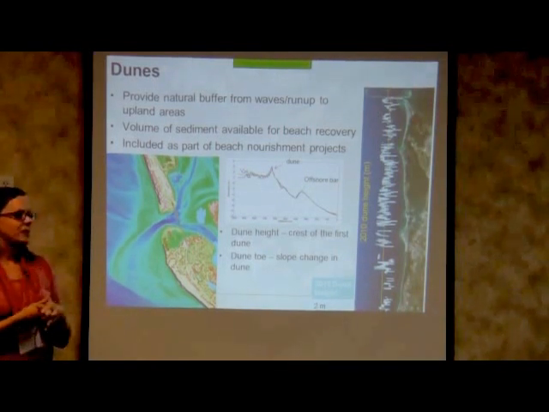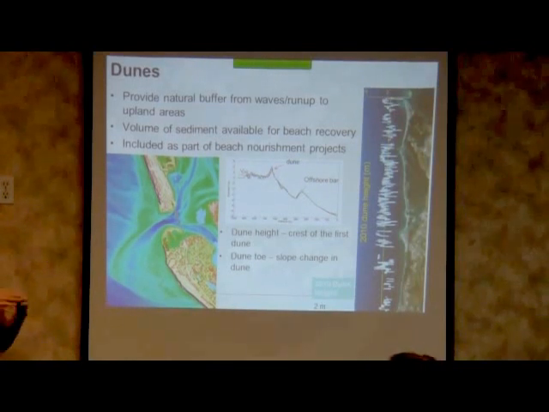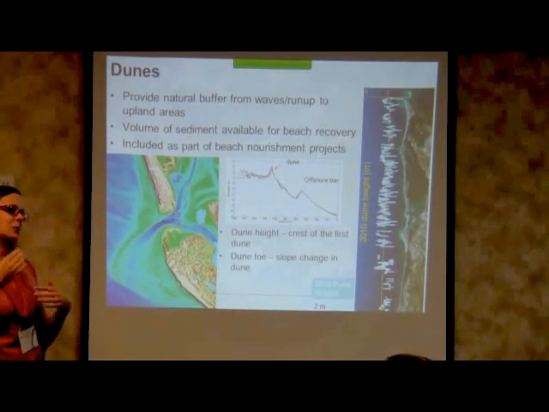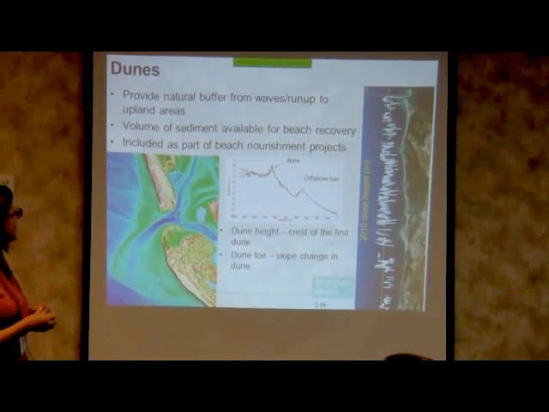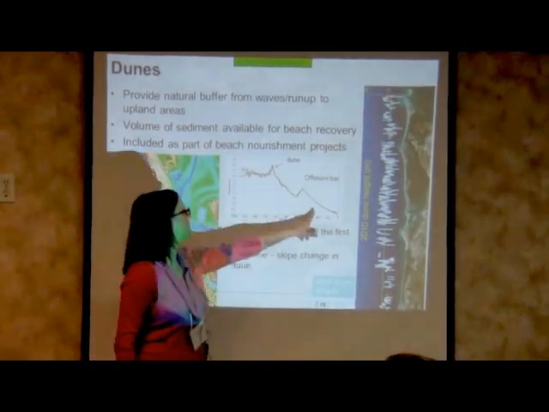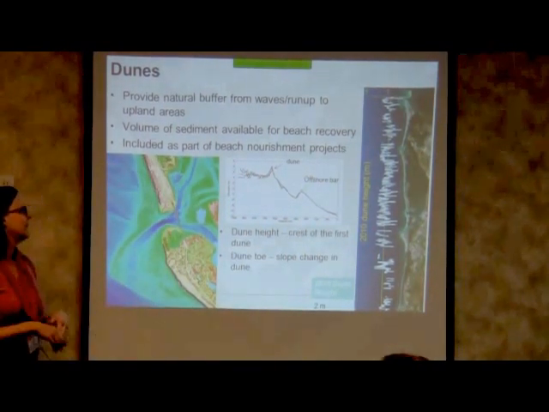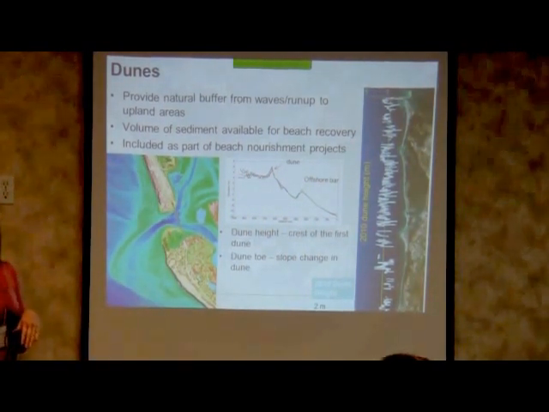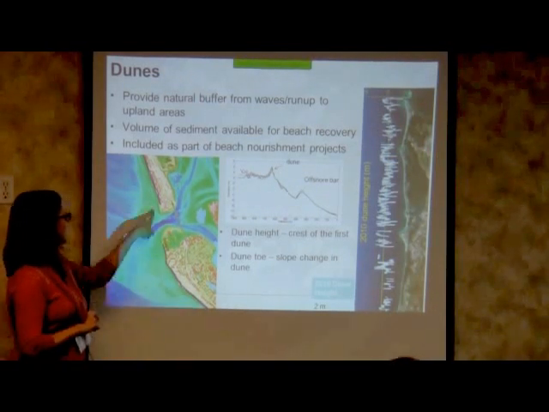Other information that you can extract from these data sets, we're interested in looking at our dune system that provides some protection to infrastructure behind it, as well as critical habitats. So we cut cross sections from onshore into offshore, so you're looking at elevation cross section and looking at the inflection points on those. We can locate the dune and find the height of the dune as well as the toe of the dune, looking at our offshore bars, and we can plot those dune locations in a geographic sense,